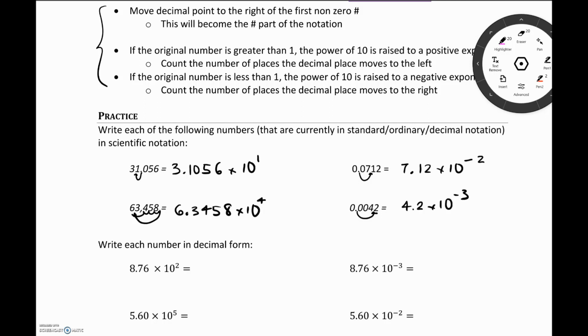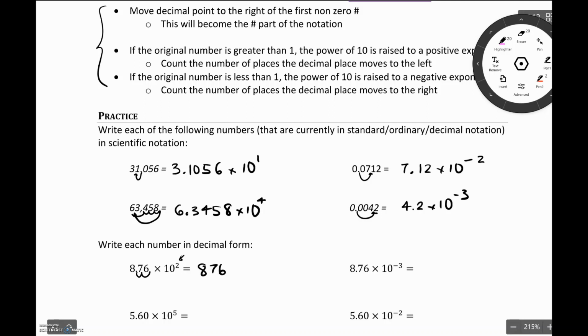Now we could go the other way around. When we are given a number in scientific notation, how do we write it in decimal form? Well, in this case, we simply move the decimal place. We know that this is going to be a large number because we have a positive exponent. So we move the decimal point 2 places to the right to make it bigger, 1, 2. So this becomes